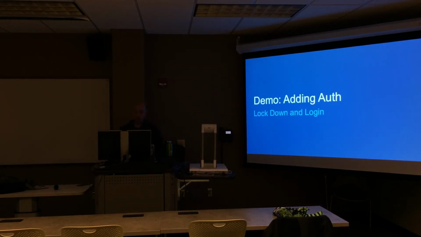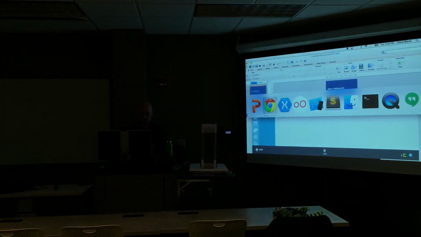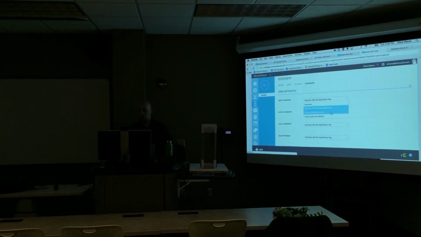So I'm not going to go through the full auth stuff because we definitely don't have time, but really quick, we'll look at a couple pieces of it. I'm going to go to the permissions for the to-do item table, and since I created the to-do item table via that getting started thing, it didn't give me the option. But if we were to create a new table, it would give you the option of specifying all these in creation. But if you wanted to lock your table down to authenticated users, you just say only authenticated users can